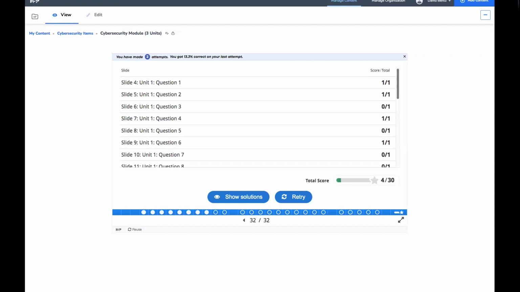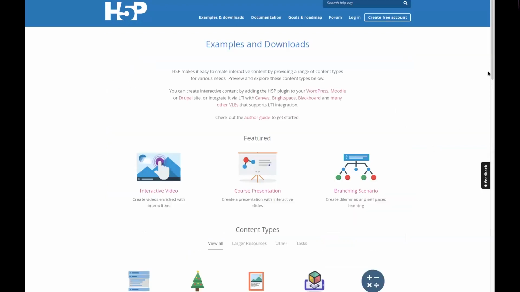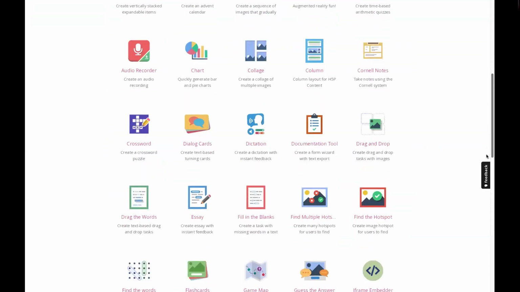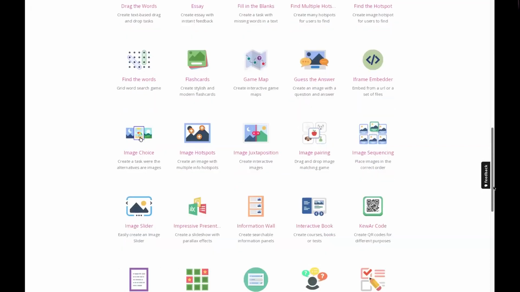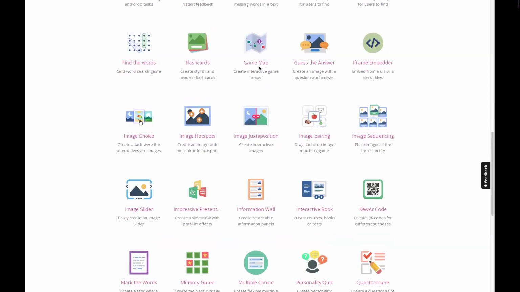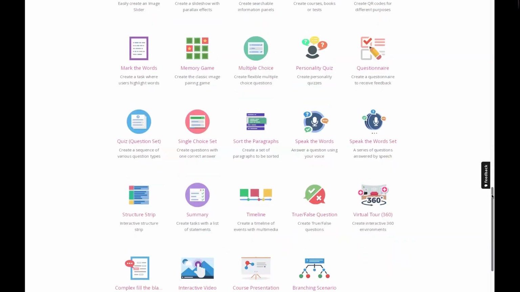Other questions? Should we go back and look at some more examples? Some of the other ones that they have here. I haven't tried. They have some new gaming ones now, and polling. So if you're into doing polls with your students during the class, there might be some other tools that are better suited for that. But if you like developing with this, so here's the interactive video, the short paragraphs,